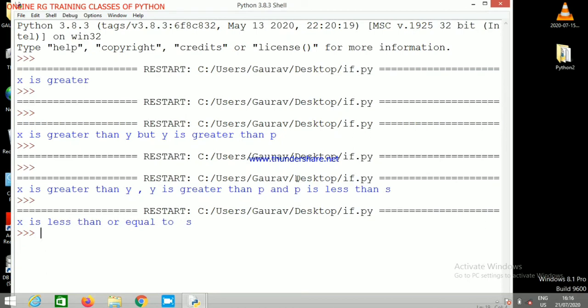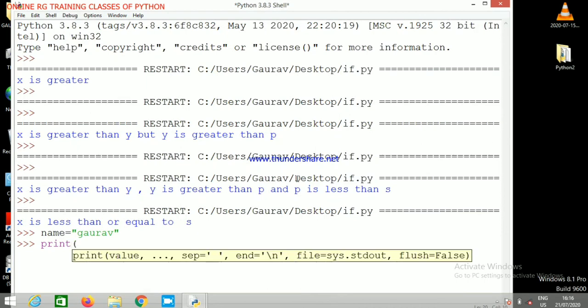And here I also want to tell you the usage of f strings. How can we print in Python using f strings? Like name equal to Gaurav. So I want to print using f strings. It is one of the formatting methods, a different way of printing. We can print simply also, my name is, just with a comma. My name is Gaurav. So here we are printing using f strings.